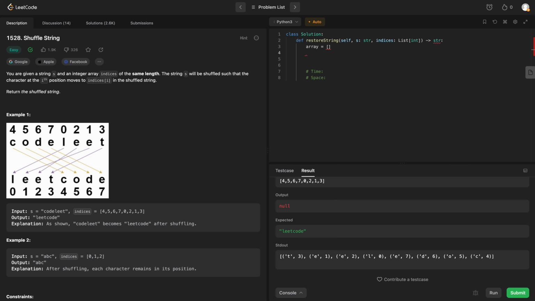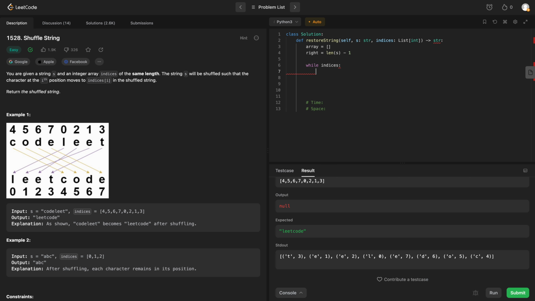So how do we do that? Well, we could do a pointer. Let's say we have right equals the length of our string minus 1. Now we could do indices here, but they're both the same length, so it doesn't matter. And let's write a while loop, and we'll say while indices, while we have something, while the length is non-zero,